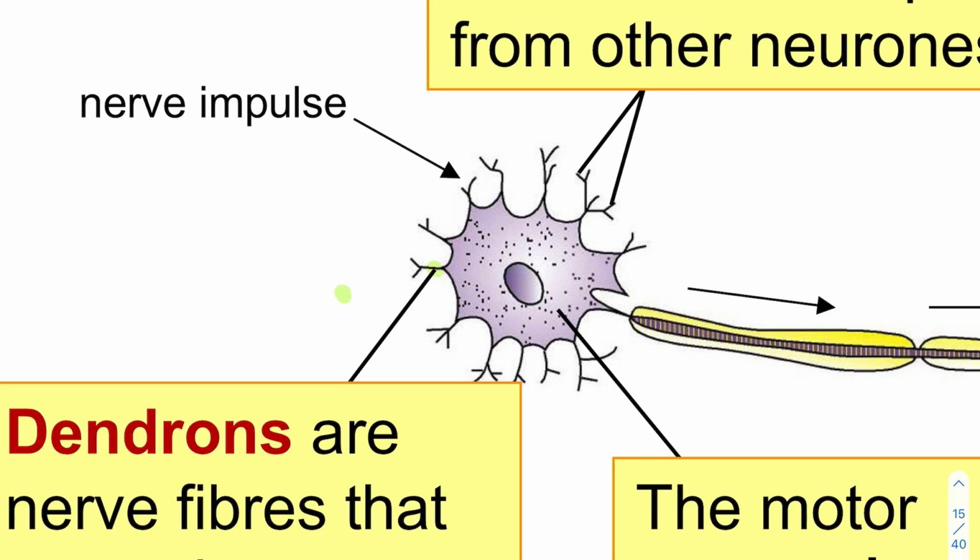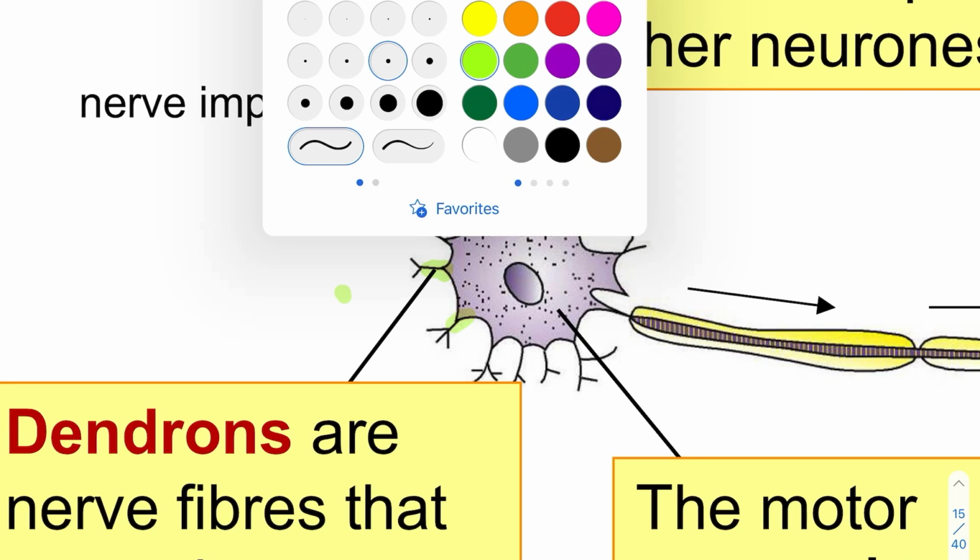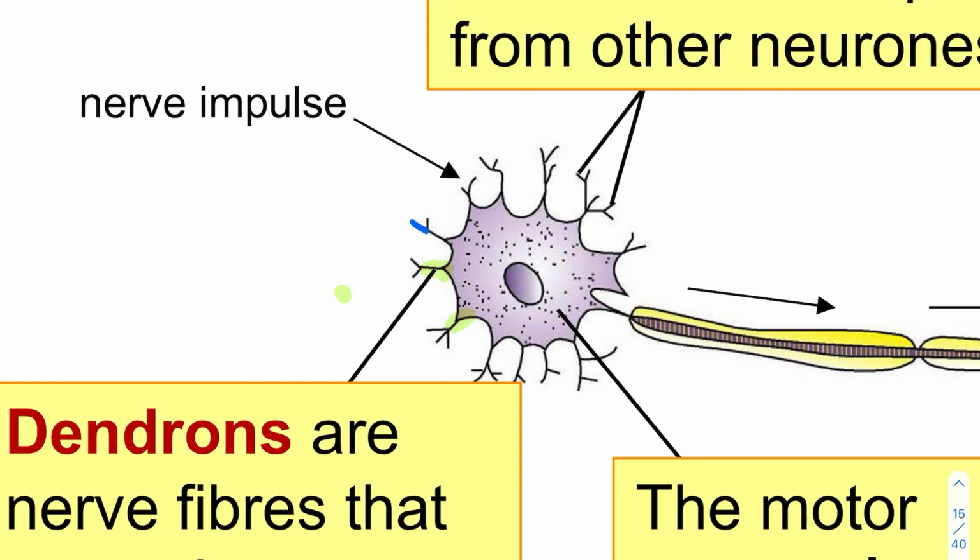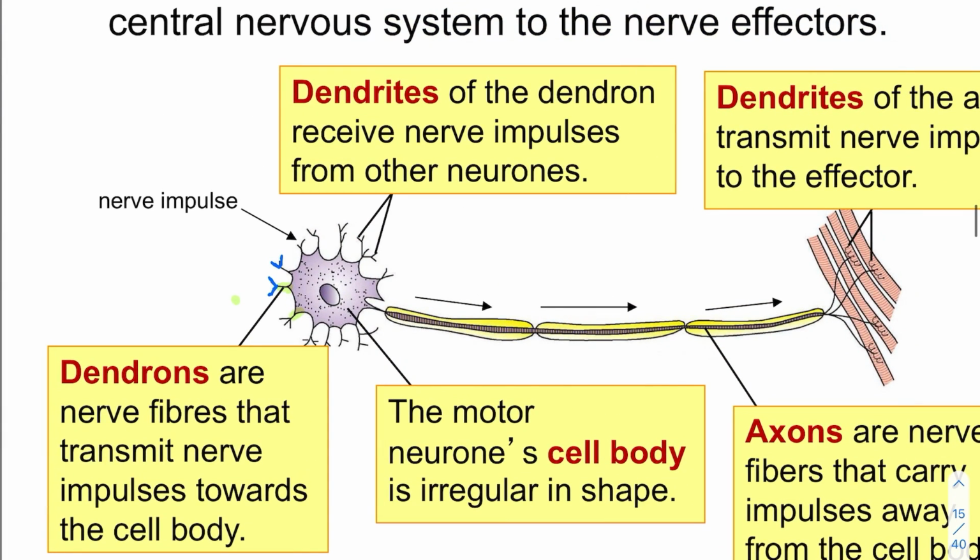We can see the middle thicker line here, and then the branches down here. So the one in blue represents the dendrites or the dendrons, and they receive nervous impulses from other